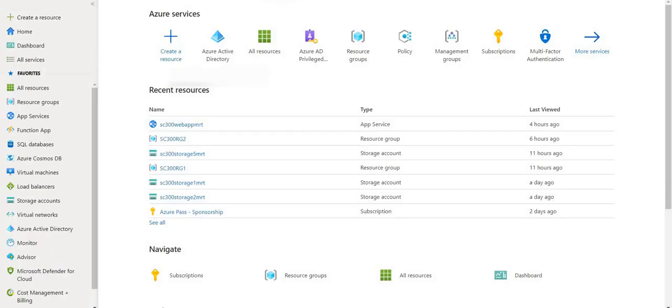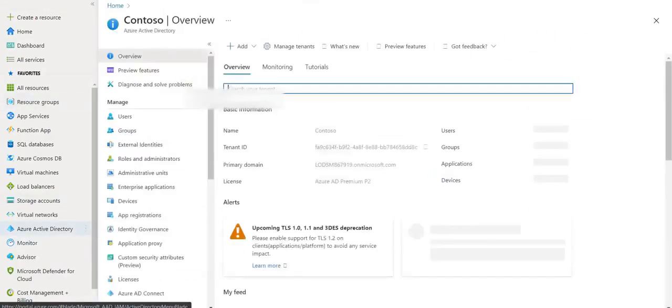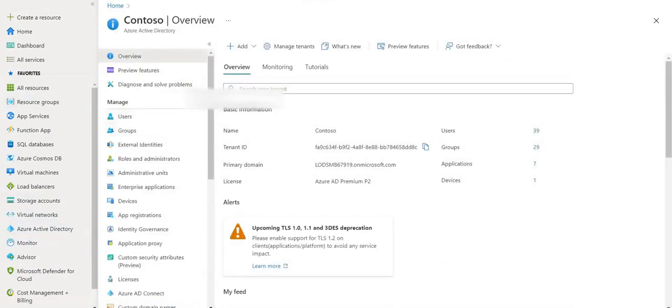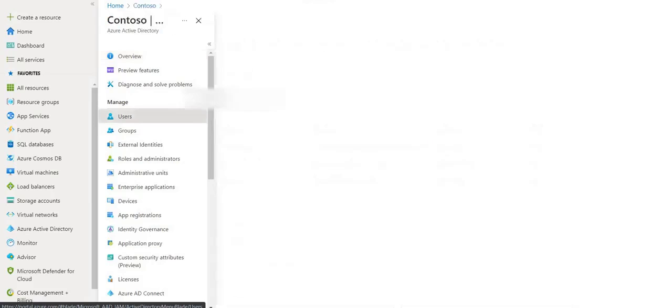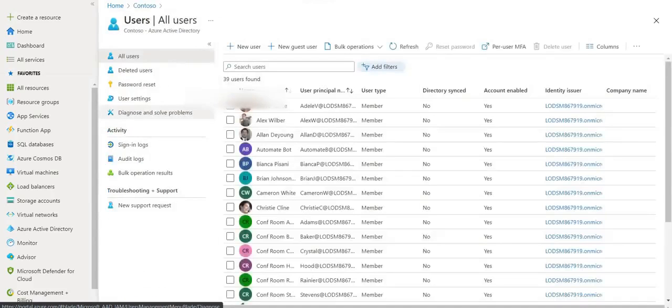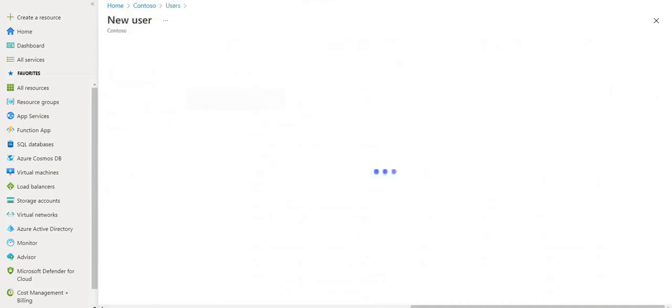So initially we have to click the Active Directory in the left pane, as you can see here. Just click it, and under manage you can see the users group. So just click the users, and here there are different options like new user and new guest user. Select the new guest user,